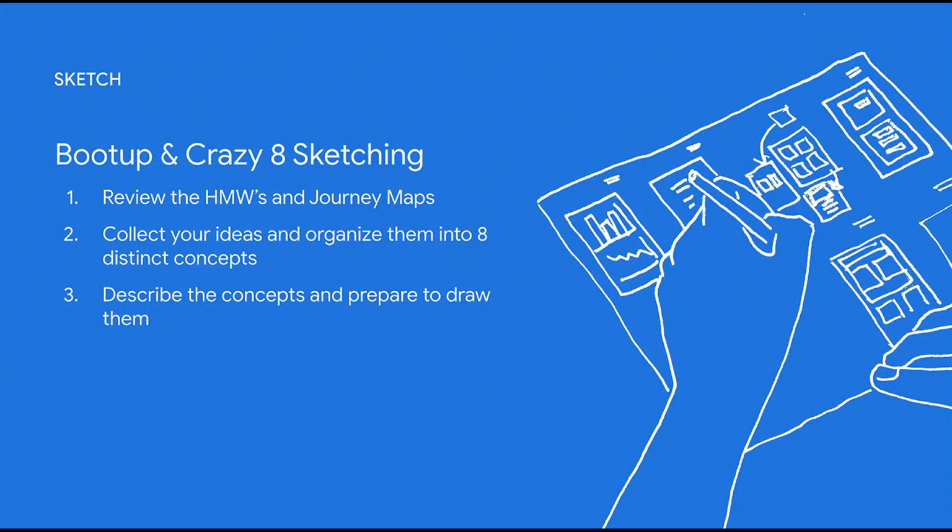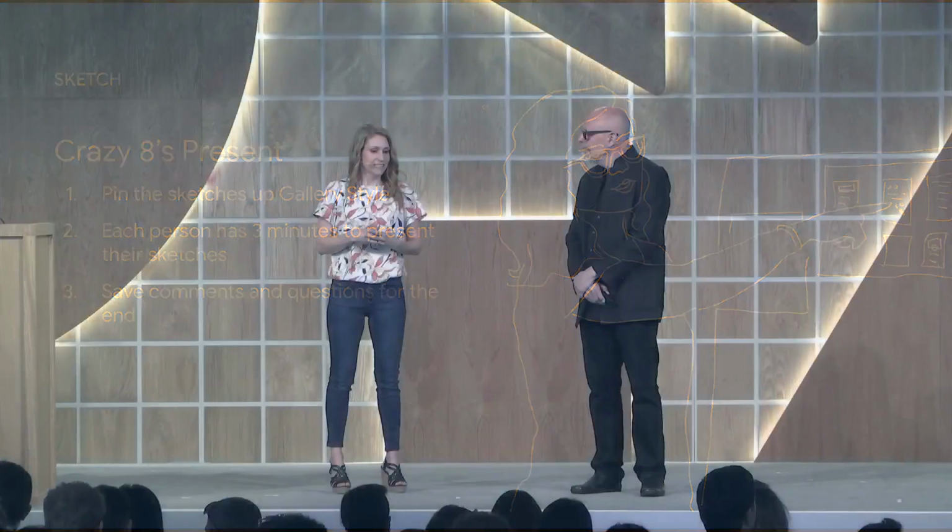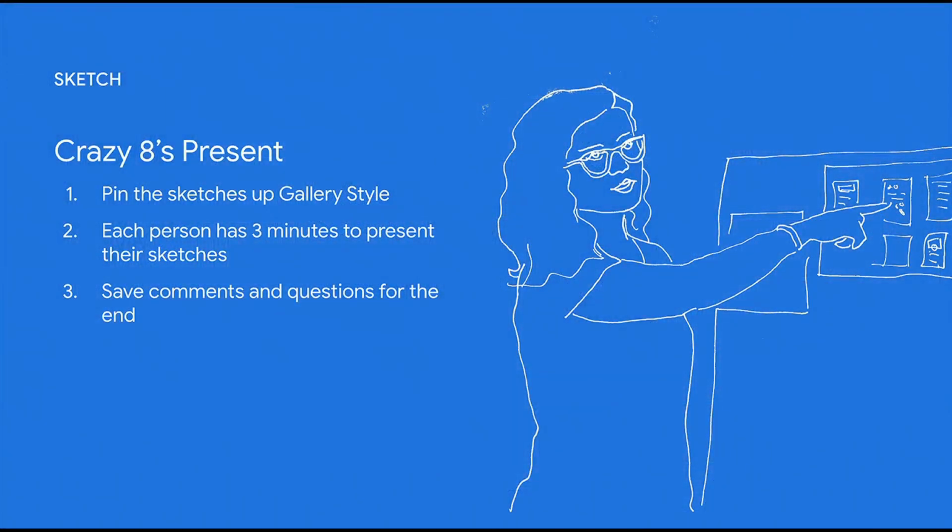So for those of you who are not familiar with Crazy Eights, this is a fun method from Gamestorming where the entire team sketches and tries to generate 8 ideas in 8 minutes. It's a very fast exercise, but that added pressure helps people to push beyond their first idea and get more creative. Then the team will each individually present their ideas to help everyone understand what are the ideas that they might want to pursue. Each person gets about 3 minutes to present their ideas,